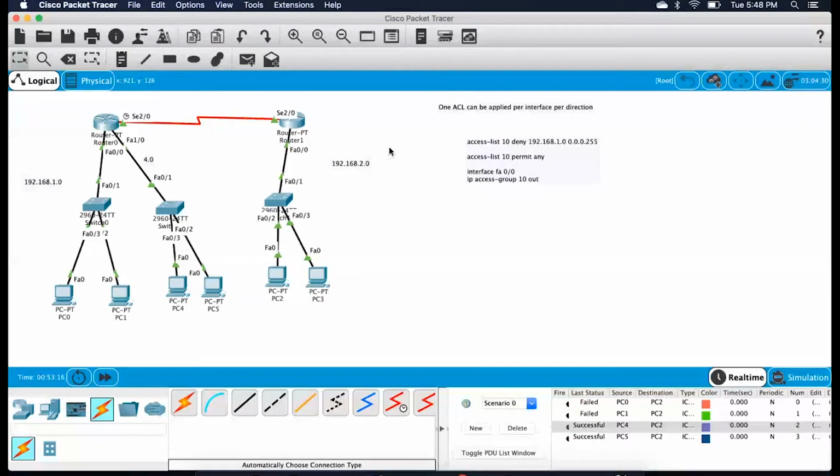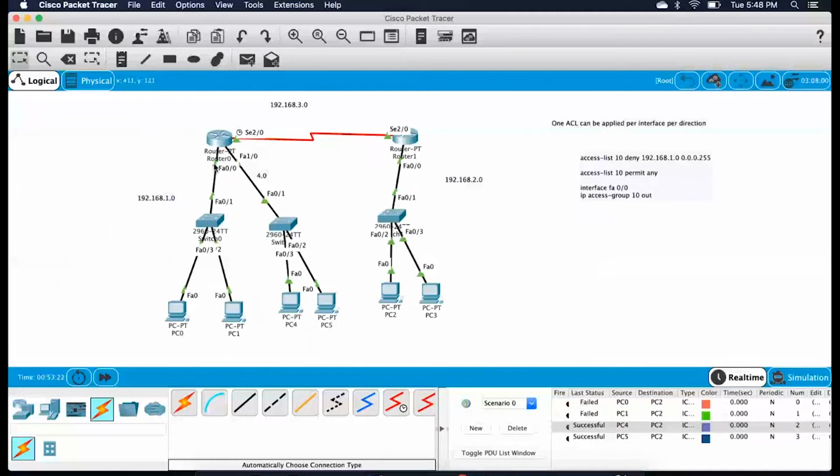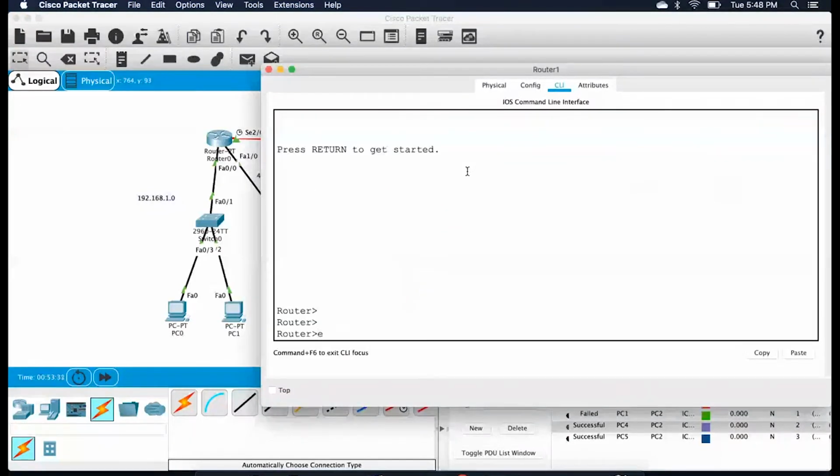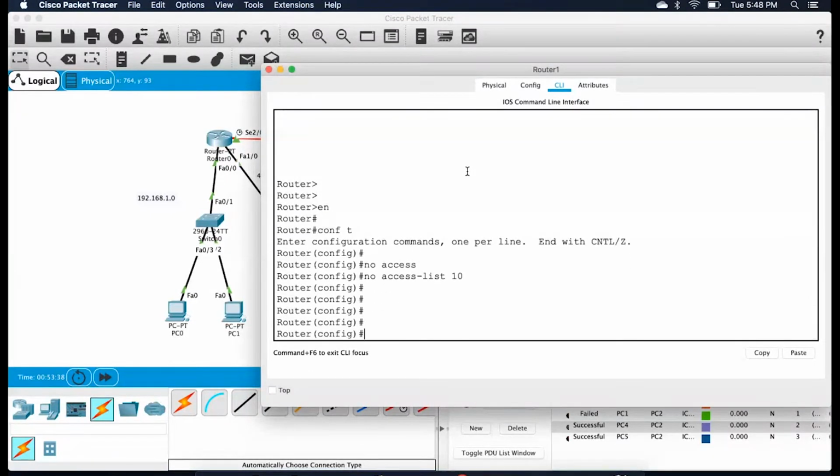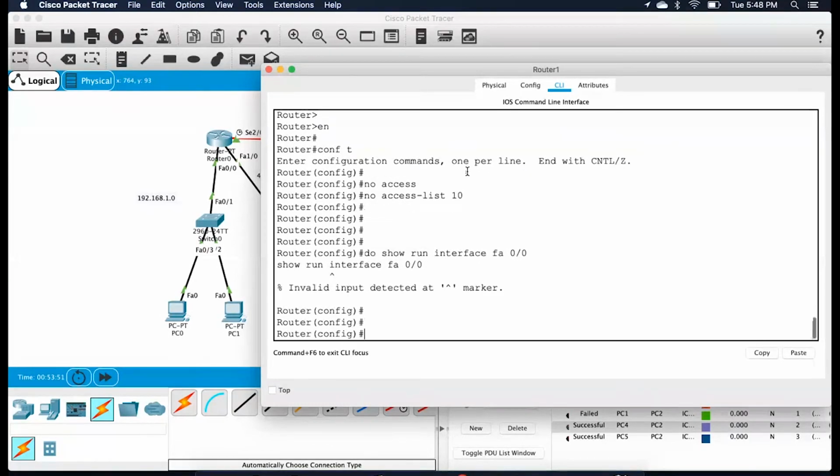All right, let's move to the next thing, that is extended access control list. So let's say that my device over here, the R1. Now I will remove all the access control list configuration from R2 by running a command called no access-list 10. And I will also remove the IP access-group command that I have applied, because if you say do show run, or I would say do show run,